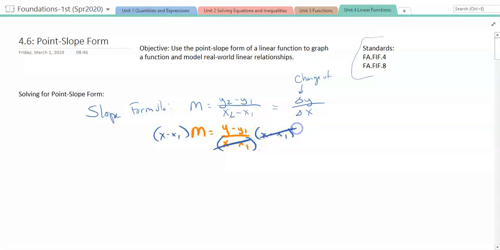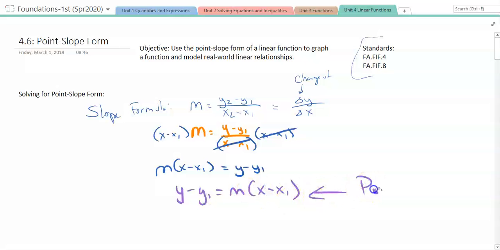And so this part cancels this part. And so I'm going to rewrite this next line. I'm going to put the m in front. So m times x minus x sub 1 is equal to y minus y sub 1. Now we're used to seeing the y's on the left side and the x's on the right when we solve these out. And so I'm going to just flip that around using the symmetric property. And I'm going to get y minus y sub 1 is equal to m times x minus x sub 1. This is the point slope form